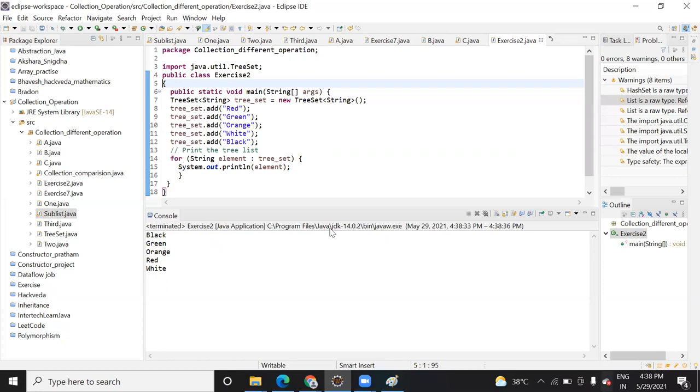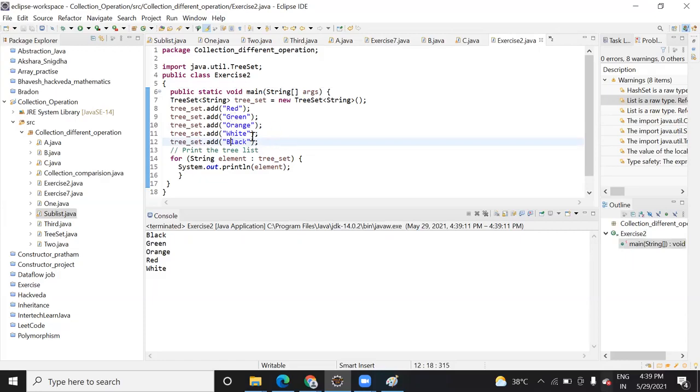So what is the difference between the tree set and other sets, or your tree map? Here we don't need to use a sort method. They will add an element based on some sorting sequence. Now here you can see when I run this, it is going to print elements in a certain sequence, according to alphabetical order. So here they arrange it as B, then after that green, then orange, then red, then white. So they arrange in some order.